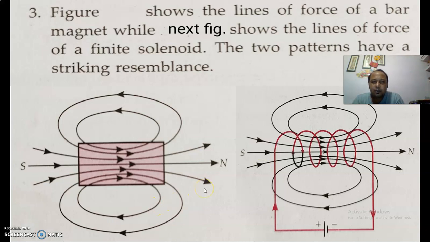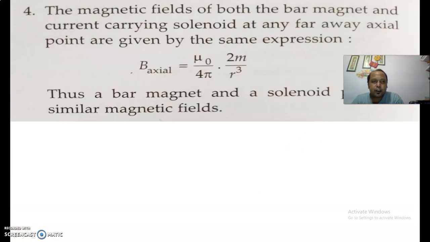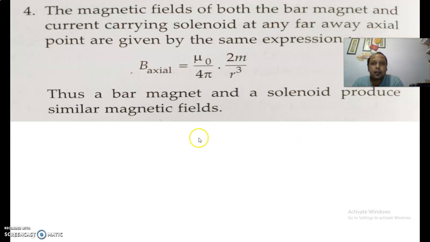Only thing you need to remember is a simple solenoid will not behave as a magnet till current passes through it. That means you have to send the current through it, then only it starts behaving as a bar magnet. One more point of similarity we are going to discuss here. That similarity is